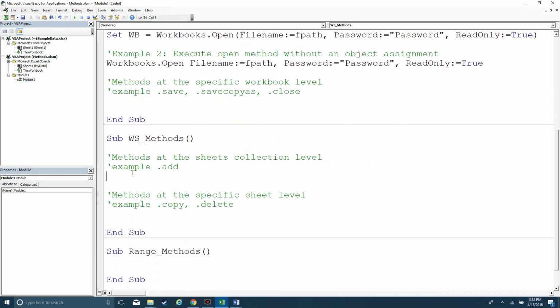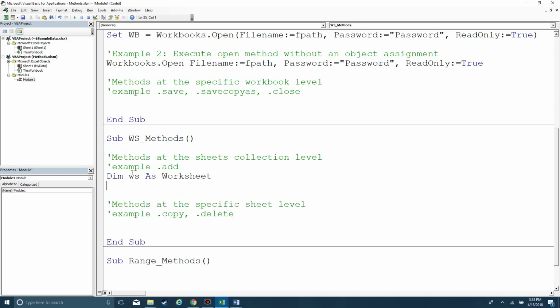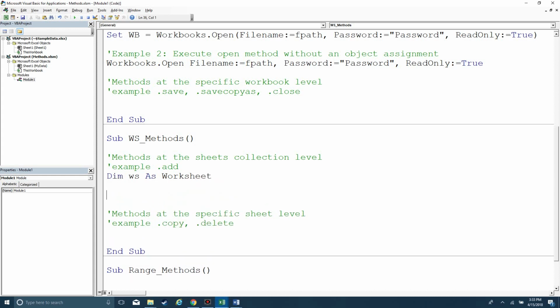Let's say that I'm creating a worksheet. Now, if I just create a worksheet, I have no idea what Excel calls it, because when I create a worksheet, let's say it's worksheet 6, the next one is going to be worksheet 7, worksheet 8, and worksheet 9. But that's kind of an uncontrolled environment when you think about it, because I would like to just immediately create a worksheet and give it a name instead of letting Excel name it for me. And so one way to do that is to create a worksheet object, dim ws as worksheet. So I can then type set ws equals, and then I'm going to use again the sheets collection